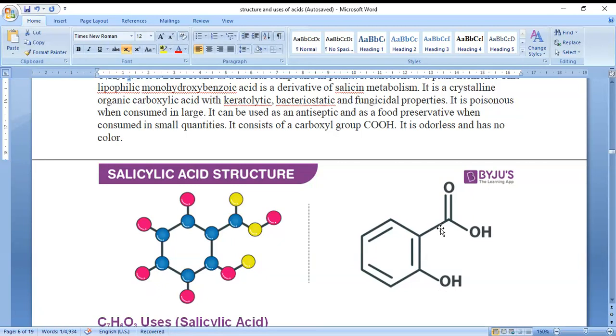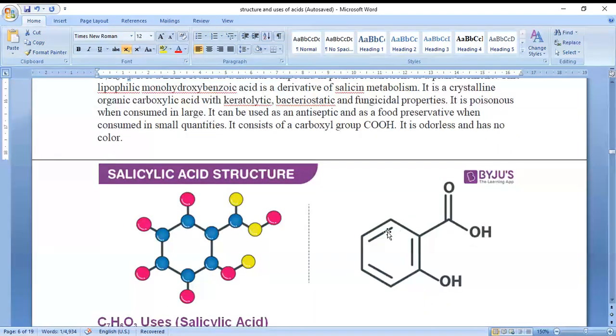I think you people can remember, we have discussed the rules of IUPAC names, isn't it? Whenever the compound has both OH and COOH, you have to give the priority to the acid. So the acid carbon is 1 and the next carbon is 2. The carbon attached to the main functional group is the alpha carbon, and the carbon behind the alpha carbon is the beta carbon, isn't it? So that's why this is a beta hydroxy acid as well as a phenolic acid.